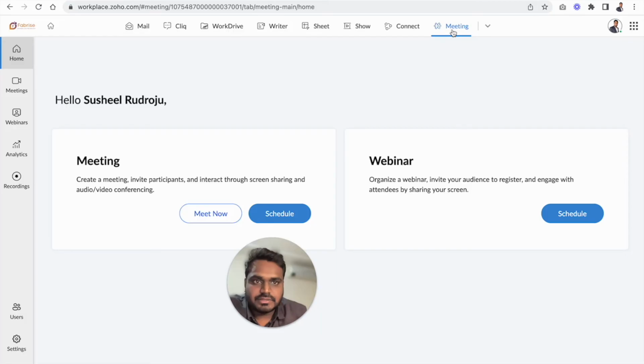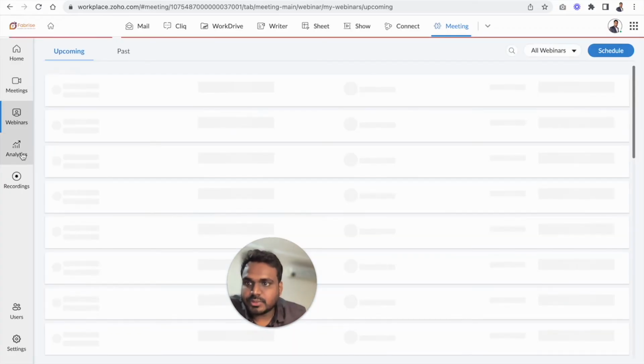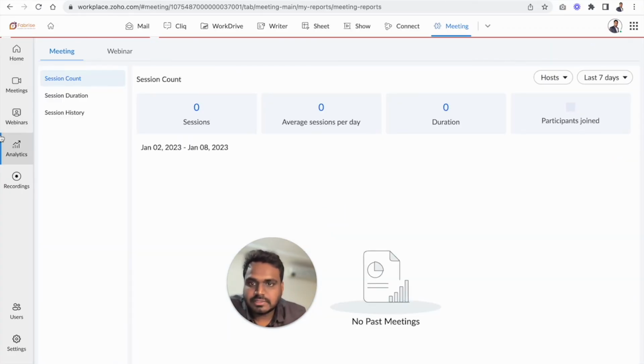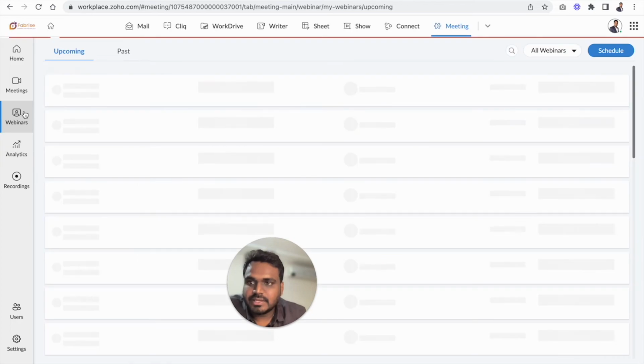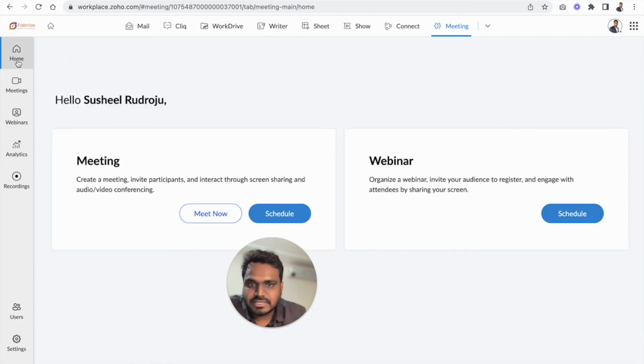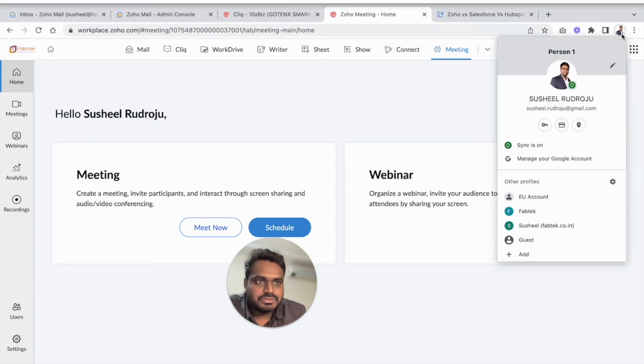And we have the Zoho Meeting application, which is equivalent to Google Meet. Again, as I told you, it has evolved in the last few years like anything. It has now become very feature rich, and it's up to the mark when compared to Zoom or Google Meet. So coming to Google,